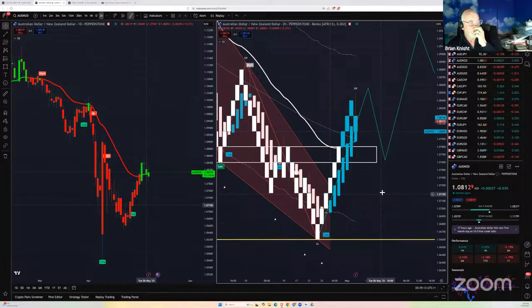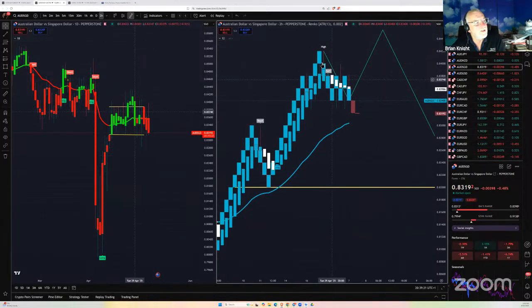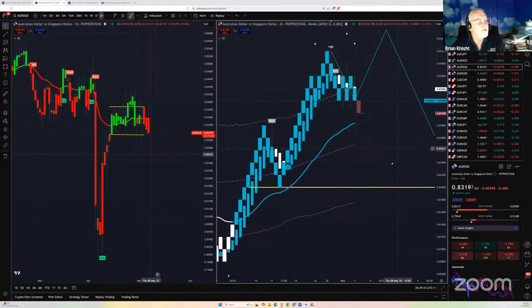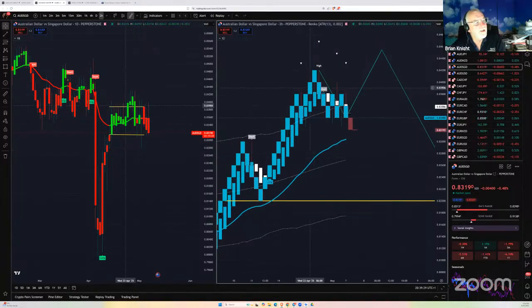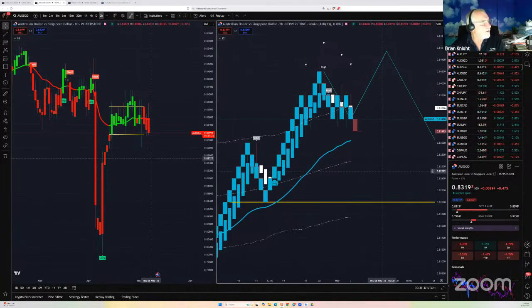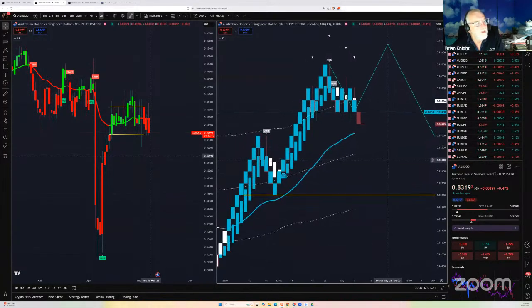Okay. All right. AUD Singapore, which you don't trade, Tom, but we'll have a look and see. And we have white Heikin-Ashis and we have a short. Wouldn't that have been a good trade to get into? But it went sideways. We've got this up, down, up, down. You can see sideways over here too. Okay. The real clincher for this, I suppose, is when the trend bar changes also to white.